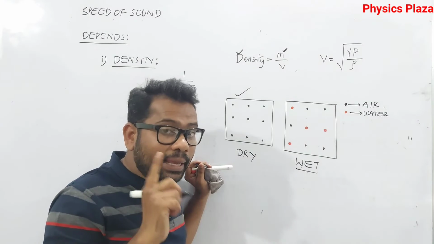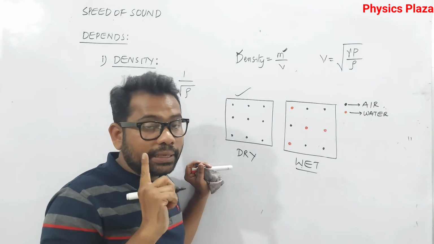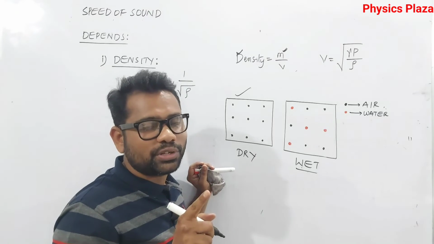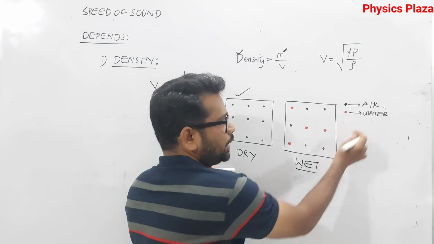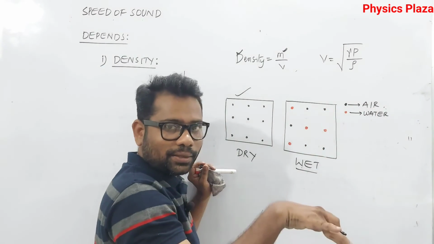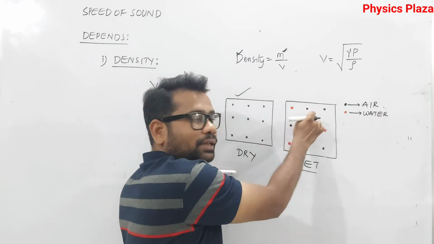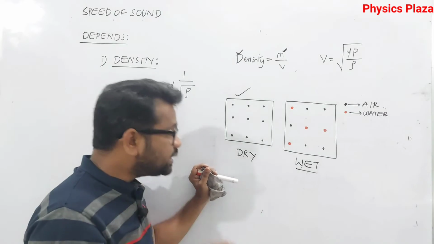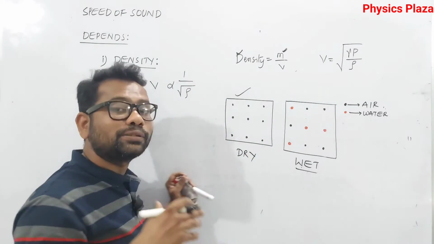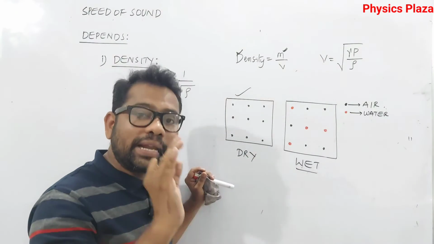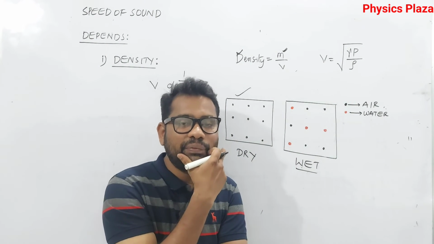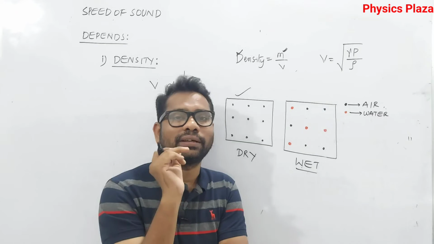That's what I asked, air density. The density of wet air or dry air. So now you tell me children, just you think, in this number of air molecules are less, so the mass of the air is less, the density of the air is less. So children, the density of the dry air is more than that of the density of the wet air. So it's very, very important. I am talking about a density here.